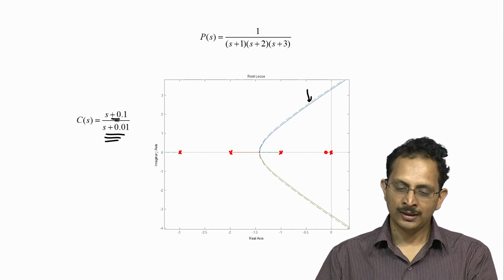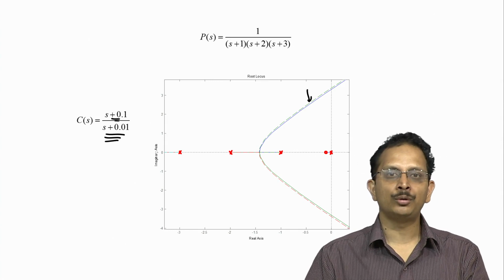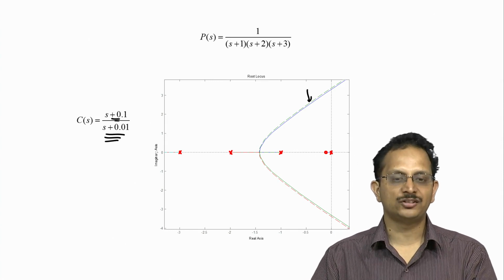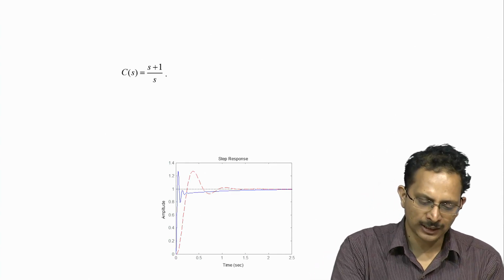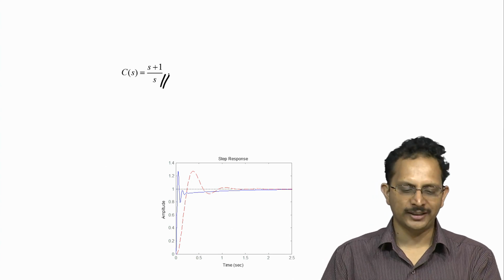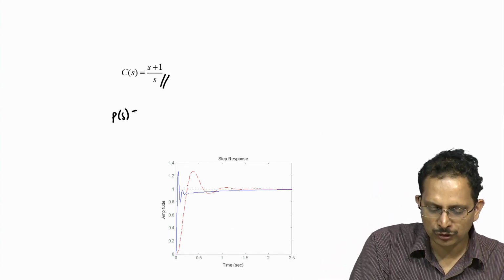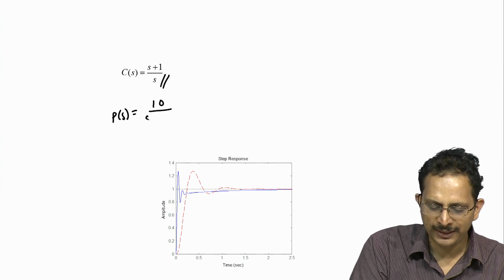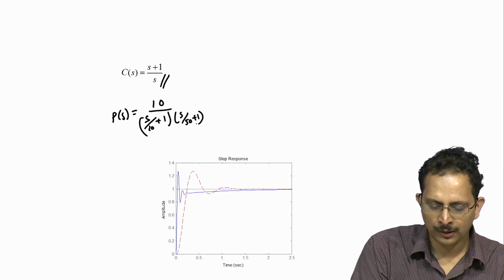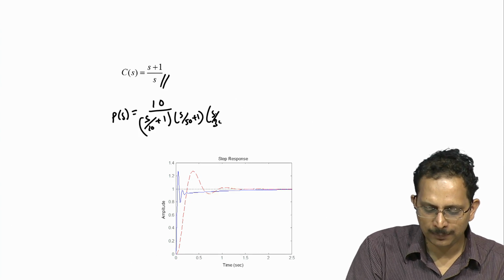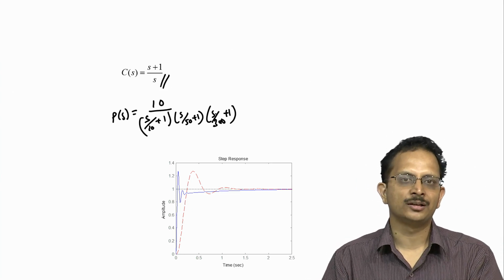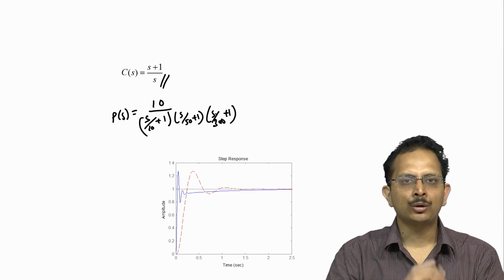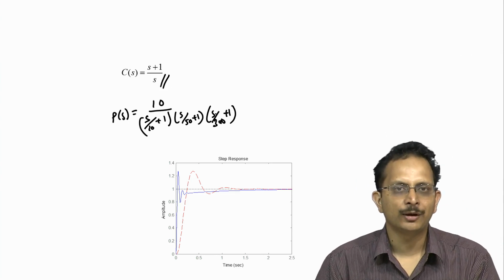Now, this brings us to a problem that we encountered when we were doing Bode plot based design. To refresh your memory, we had designed a proportional integral controller C(s) = (s+1)/s for the plant P(s), which was nominally given by P(s) = 10/((s/10+1)(s/50+1)(s/300+1)). So, this was the plant that we had considered in the clip where we had performed control design using Bode plots, and the PI controller was chosen in order for us to improve the mid frequency performance.